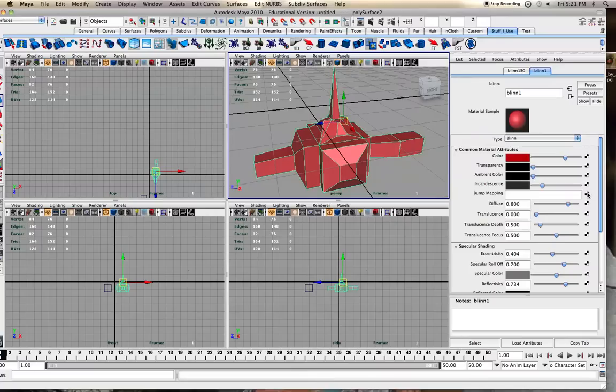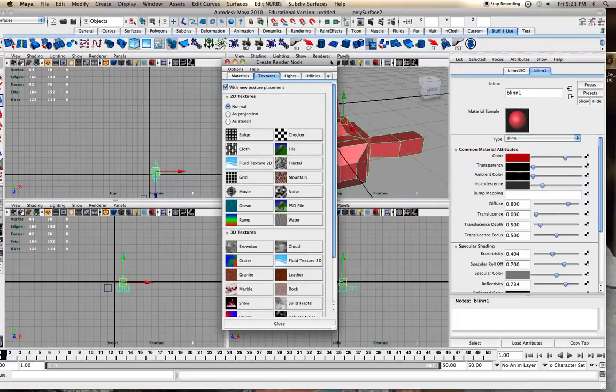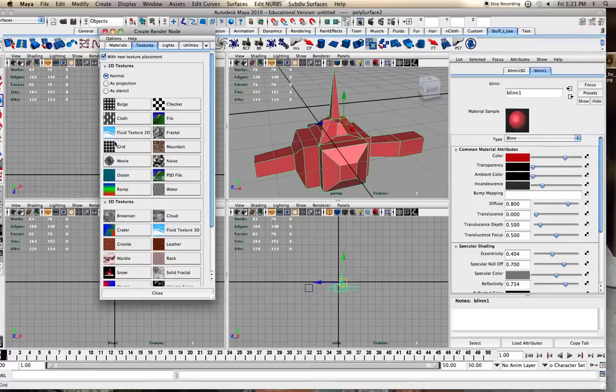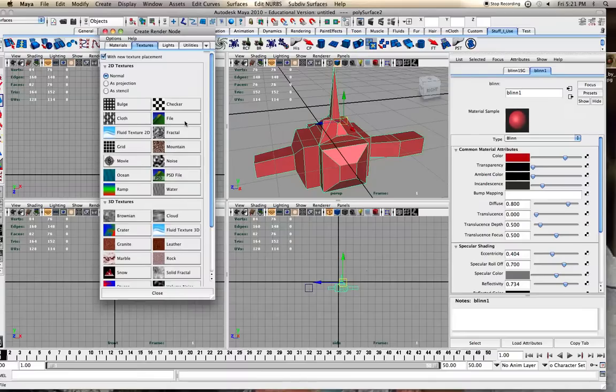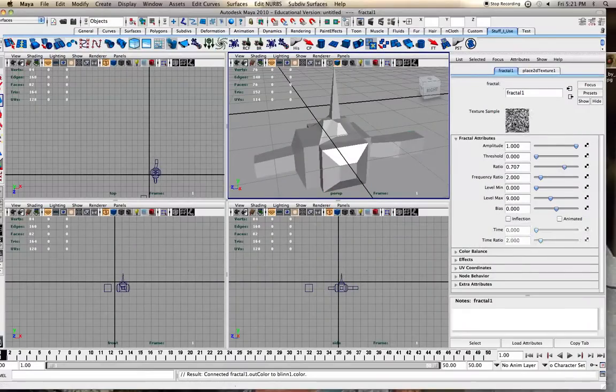Now, bump mapping. So when you click any of these, you can assign something to it. You can assign a photograph or any of these things here. Yeah, there's 3D textures, 2D textures. You go to File if you want to assign it. You can assign a picture. That's pretty cool. Anyways, why don't I find my fractal? So it takes me into fractal, and